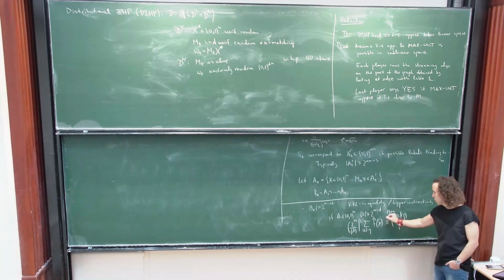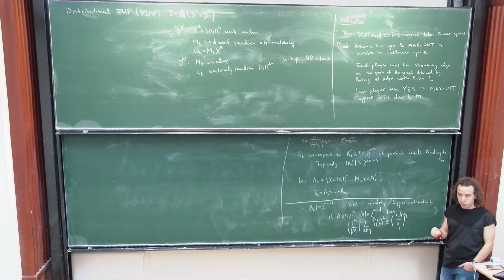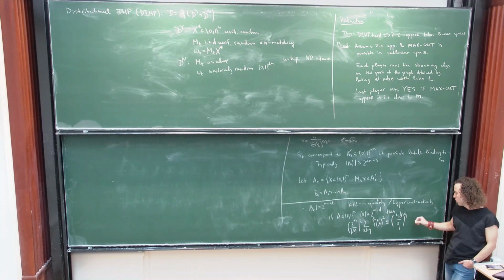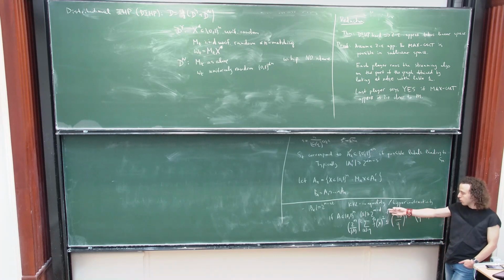So here we sum the squares of Fourier coefficients on level q. So level q is at most d. This inequality tells you something about layers up to d, where the set has size at least 2 to the m minus d, which corresponds to roughly sending d bits.